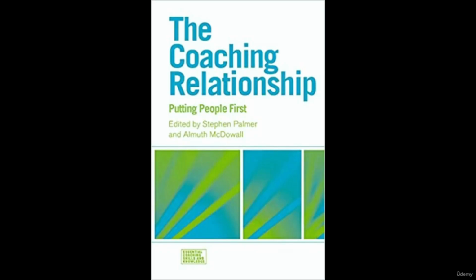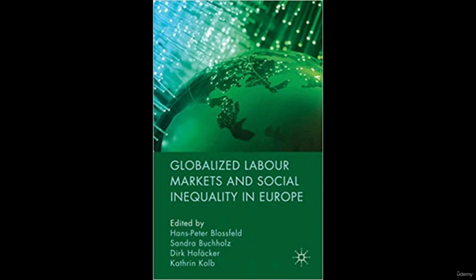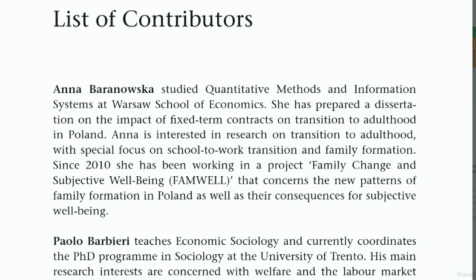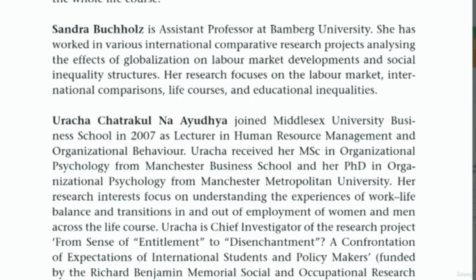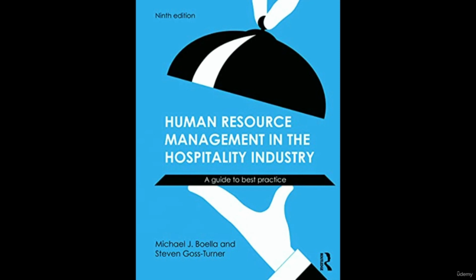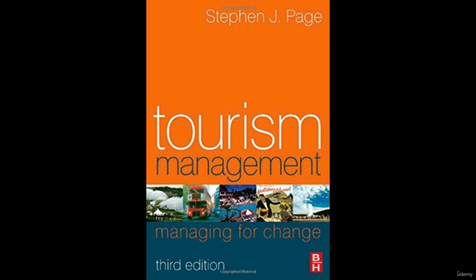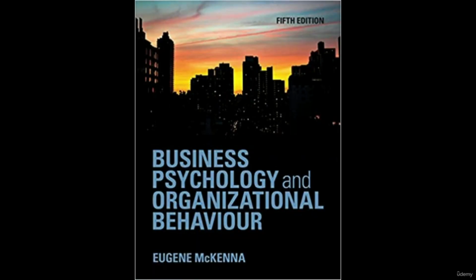Another type of book is an edited volume. This is where 1 or more scholars act as editors. They will request many different scholars to write a chapter or section for their book. Another type of book is a textbook. A textbook is written by 1 or more scholars to introduce students to the topic area. It contains a collection of the main theories, the main concepts, and the main principles in a topic area.